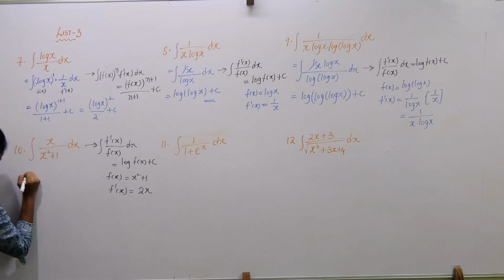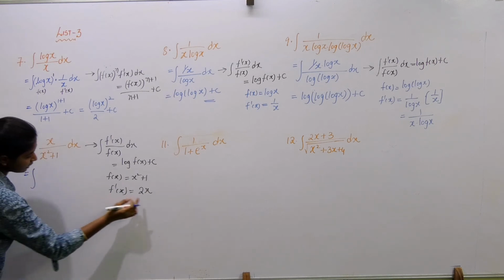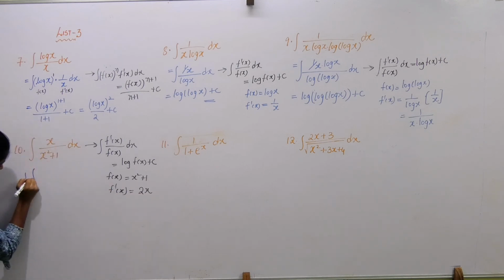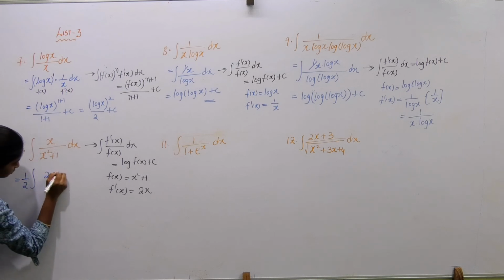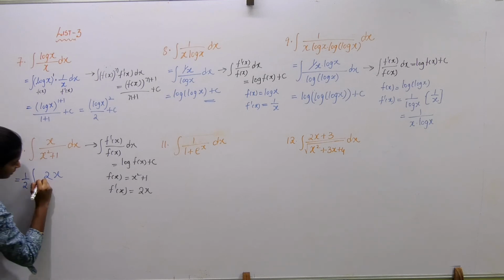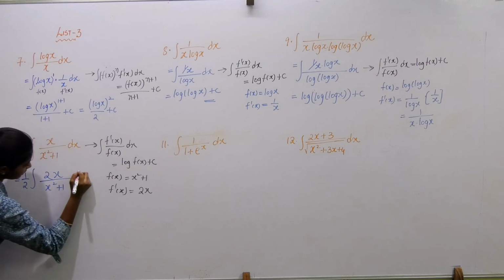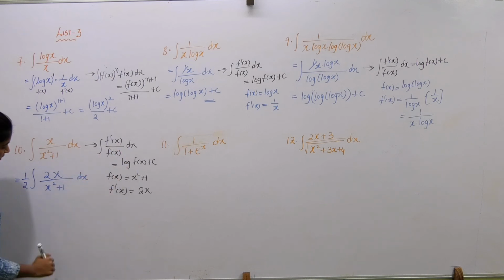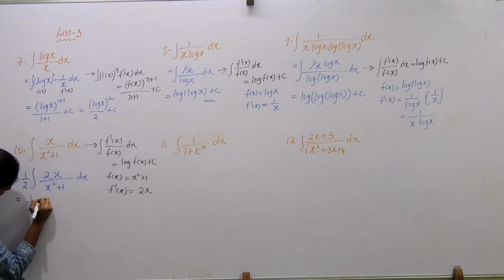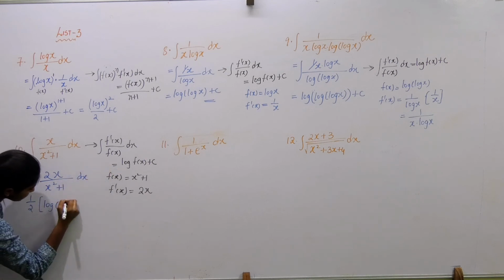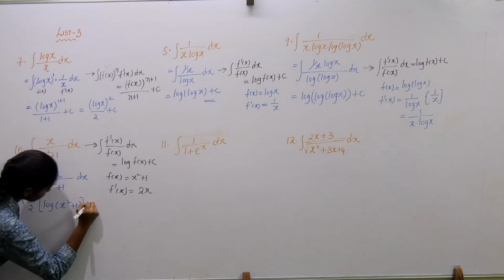Now, here in numerator we don't have 2x, but we have only x. So we adjust 2. When this 2 constant comes out of integration, 2 gets cancelled. So I have adjusted 2, one out of the integration and other here. x square plus 1 dx. Now this is in the form of integral f dash of x by f of x dx. 1 by 2 as it is, and for this we substitute this formula. Log of f of x is x square plus 1 plus c.